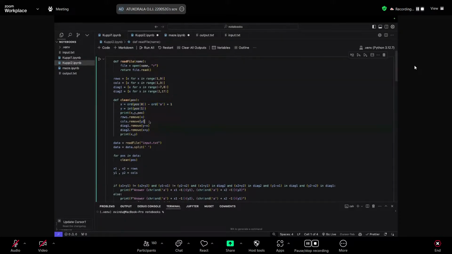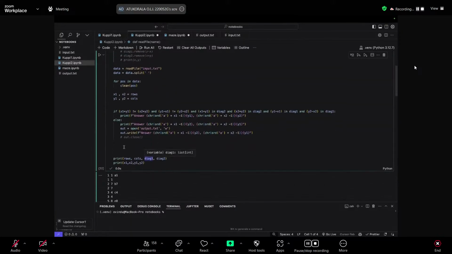Next, I have to remove the squares that the queen can go to. So for that, what I've done is I've removed the rows and I removed the columns. So that is done. So after this, for now, let's just remove this part of the code. And we'll just print.